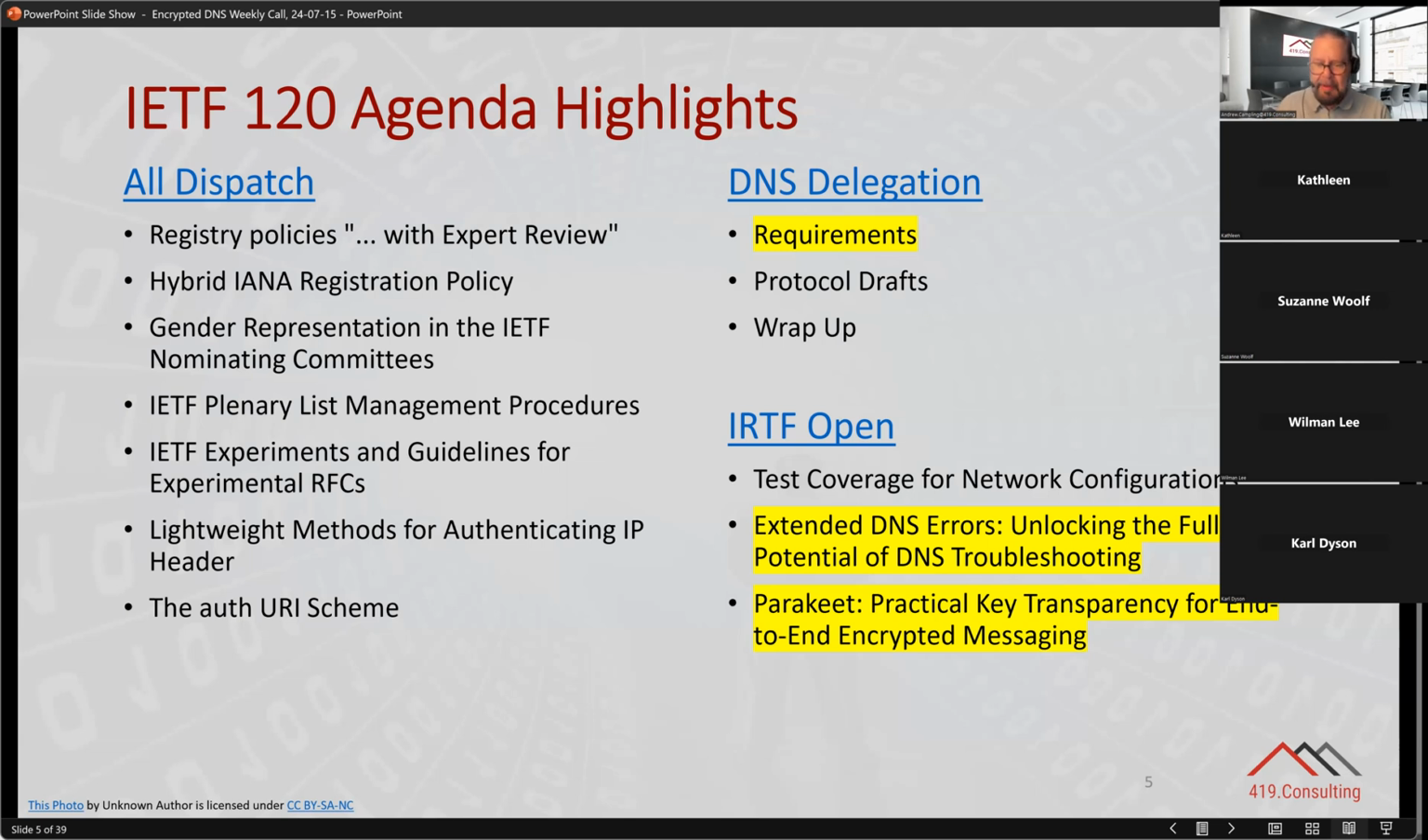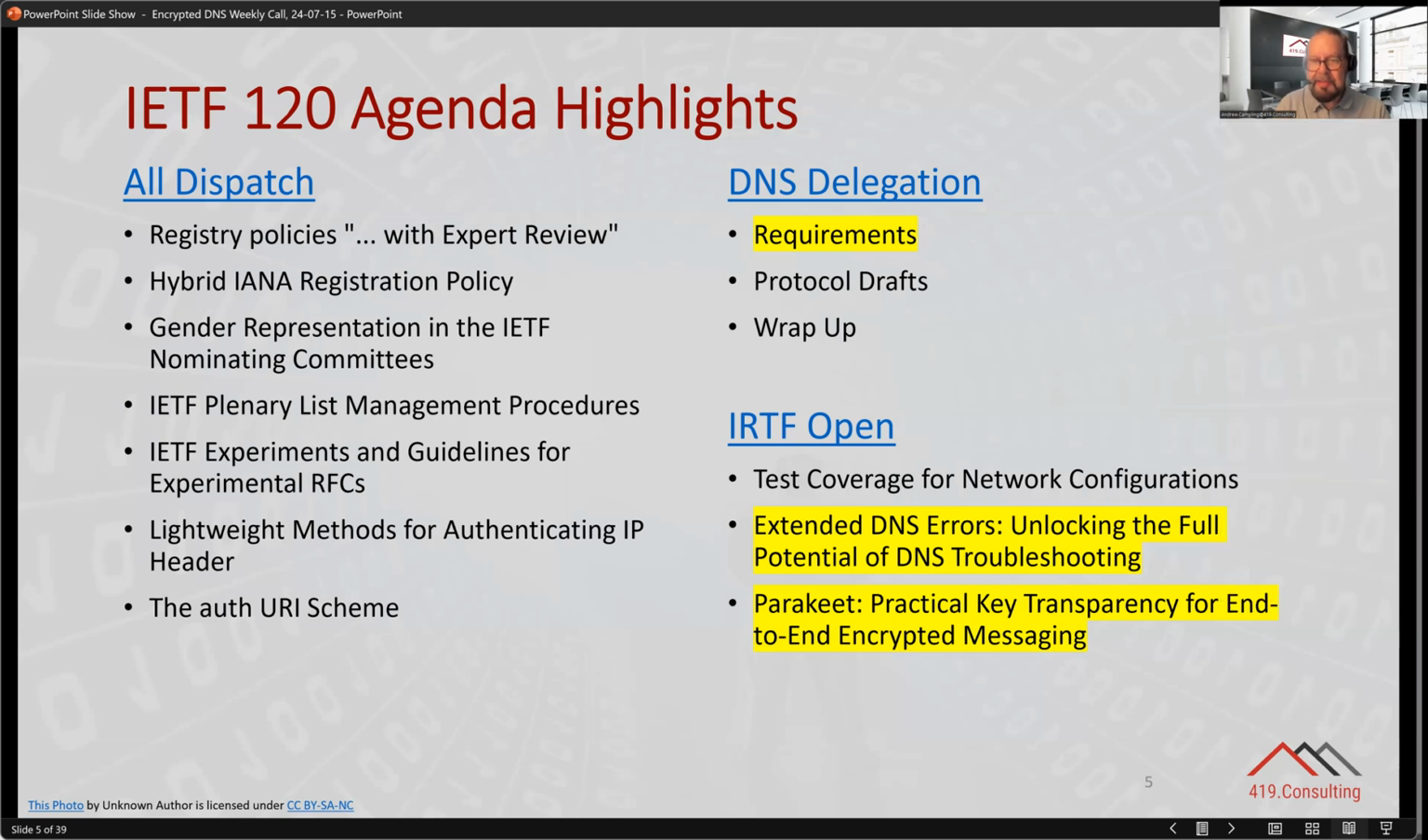At the same time as DELEG in session 2, you'll see there's the IETF Open, and the two topics there that caught my eye were one looking at extended DNS errors, and a second one looking at key transparency for end-to-end encrypted messaging. So I think those two look worthwhile. If you're attracted to both of those, the choice of which one you go to will, I guess, just depend on the detail of those two. It's unfortunate that they are back to back, but